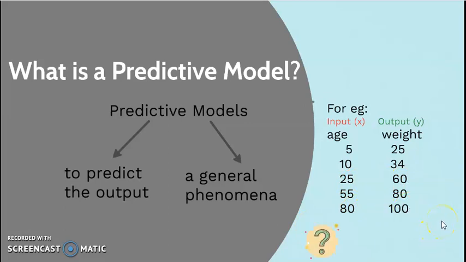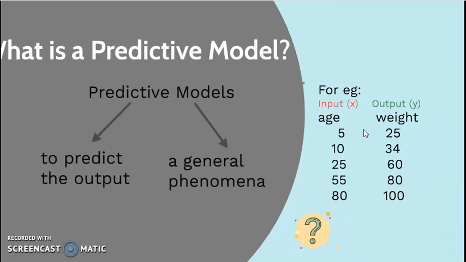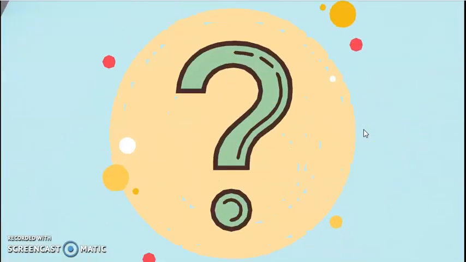So now the question arises, can I predict the weight of a person if I know the age of the person? That means, say input x is equal to 35 years. Can I get the output y, that is nothing but the weight of the person in kgs if the age is 35 years, and I have got the other values out here? That means we are trying to build up a model from the data set available to us, and then we are trying to predict the output y on the basis of the input variable x. So that is what we are going to do in predictive models.